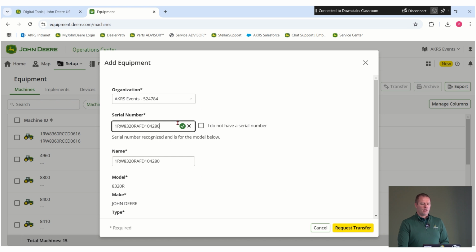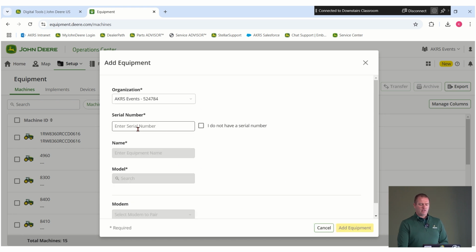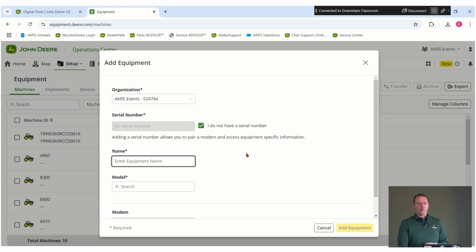Now, I don't want to complete this transfer request in this scenario, so we're just going to go ahead and add a manual equipment. If we have a machine that's not going to be JD-Link enabled, we're not connecting to that machine from that standpoint, we can say we don't have a serial number, and we just type that name in. Maybe I'm adding a Gator into my system, so I can go out and do some mapping of boundaries and things like that. So I'm just going to call it my Gator,